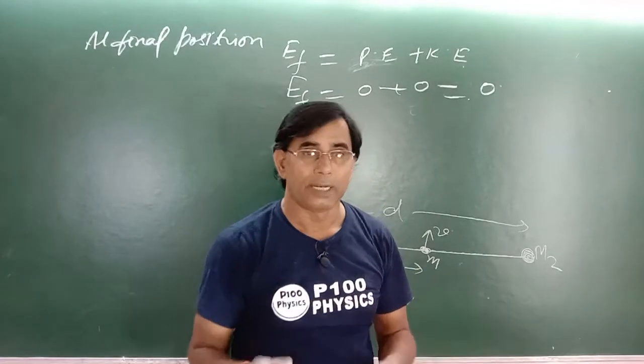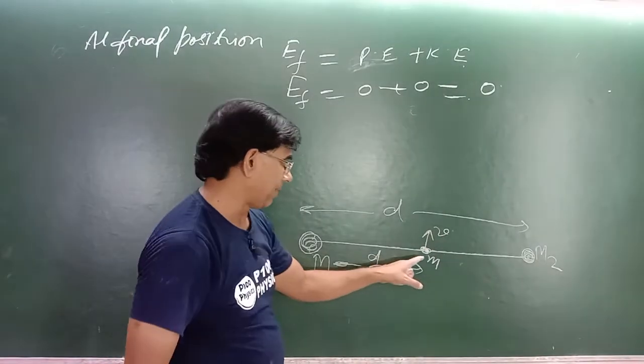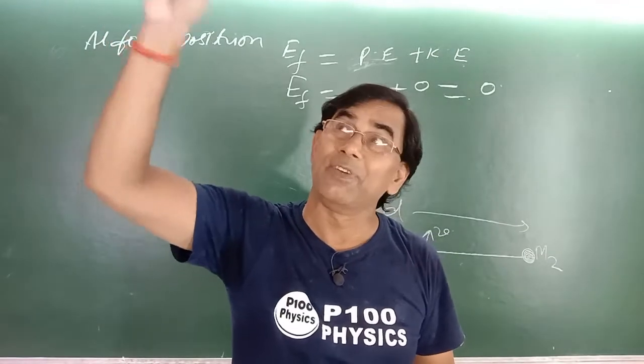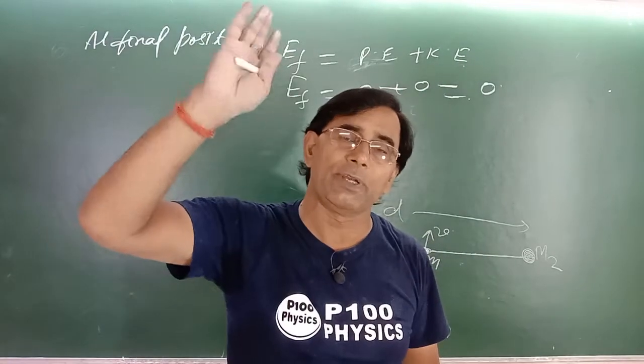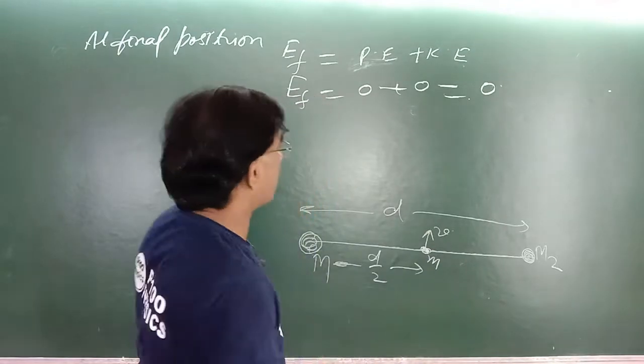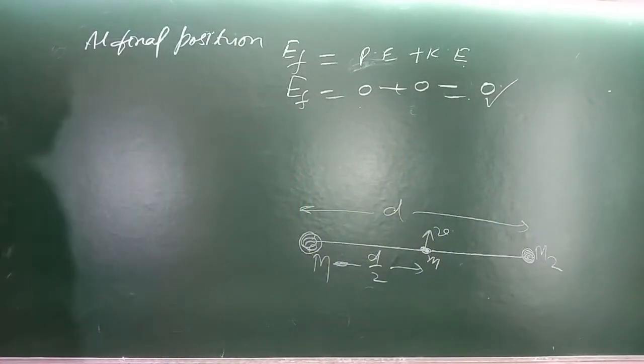Therefore, at the final position the total kinetic energy will be 0, and at infinity the gravitational potential energy is always 0, so 0 plus 0 is 0. What is the total energy